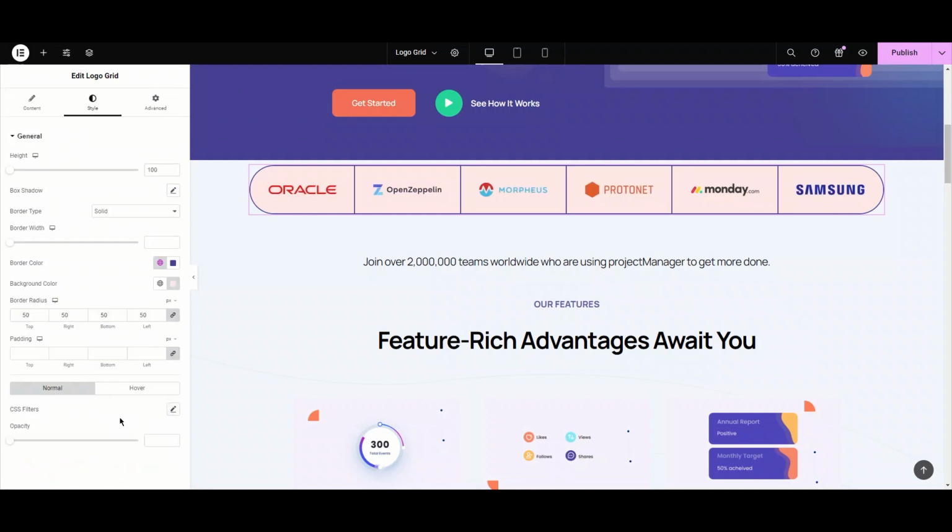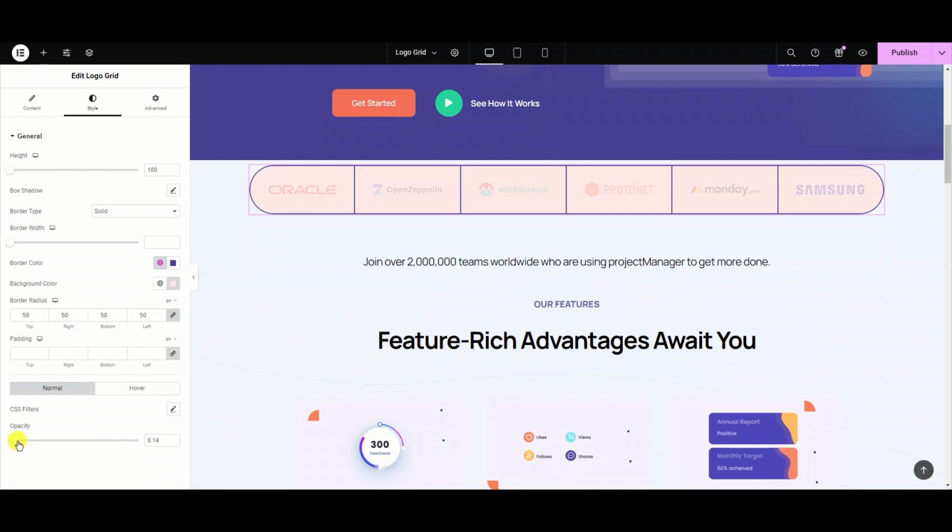And lastly, here we have this opacity option. This opacity option sets the opacity level for an element. The opacity level describes the transparency level where 1 is not transparent at all, 0.5 is 50% see-through and 0 is completely transparent. Simply drag the slider to adjust the opacity, just like this.